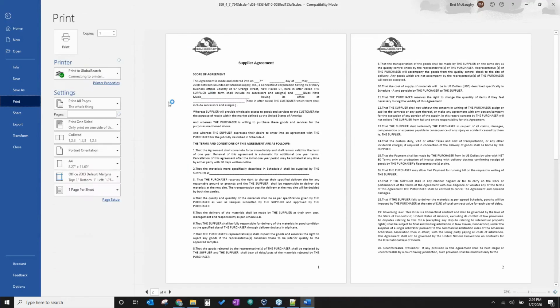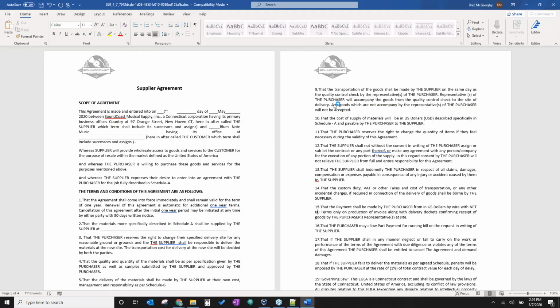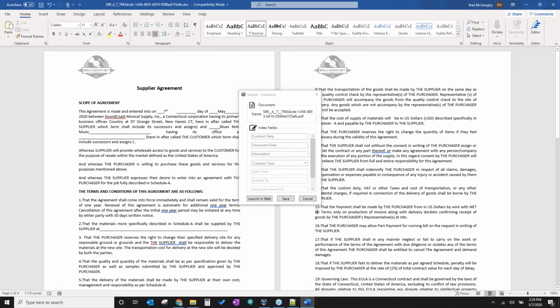So I'm going to use this little handy tool that we've got, Print to Global Search, which essentially just takes this document, converts it to a PDF, and stores it within Global Search. So my contract party is going to be Blues Note Music.